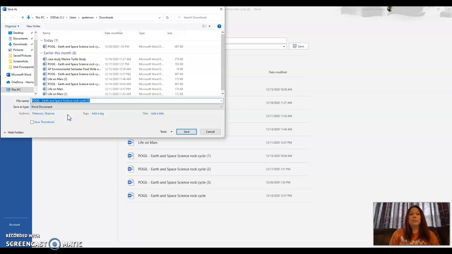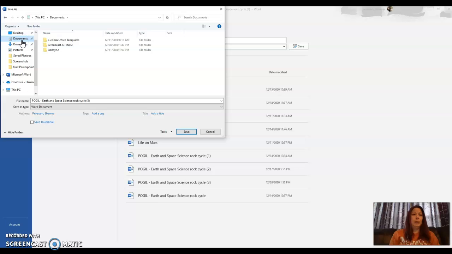Find the place you want to save it to. I'm just going to go maybe to my documents. I'm going to make a folder for Earth Science. Alright, and one thing I'll probably do on here, just so that way you know that it's your actual saved file, is to actually put your name on here or something like that so you can tell it's different from the one you downloaded. Okay, so then I'm going to hit save,